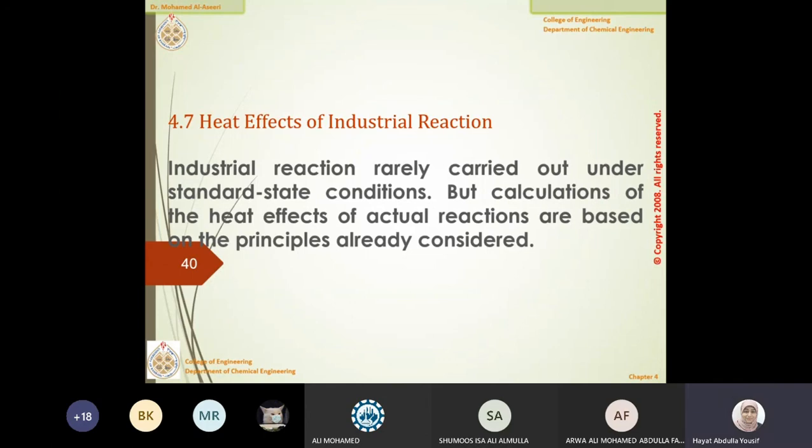Okay, I advise that during the weekend you start solving problems on these concepts. Whenever you see any question related to standard heat of reaction or heat of reaction at different temperatures, I suggest that you solve it. I can just give you examples to put you in the picture, because I know you will ask me which one is suitable and which one is not. Examples 421, 420, 422 are doable, and they will be a direct implementation of what we said.